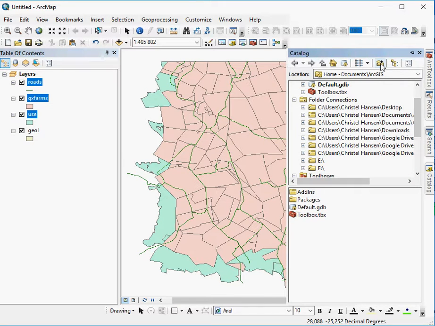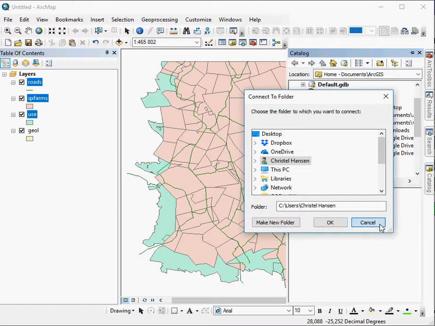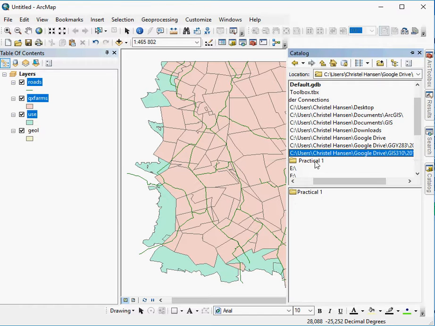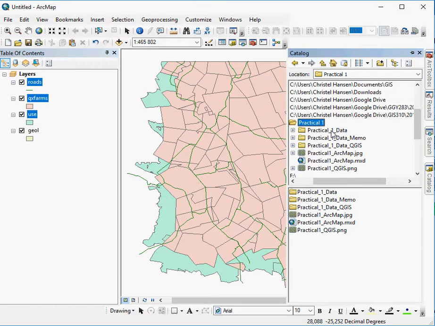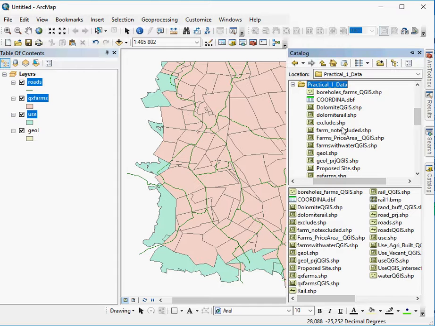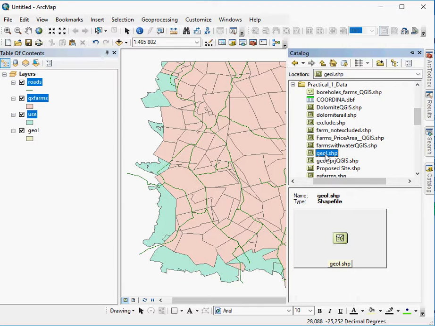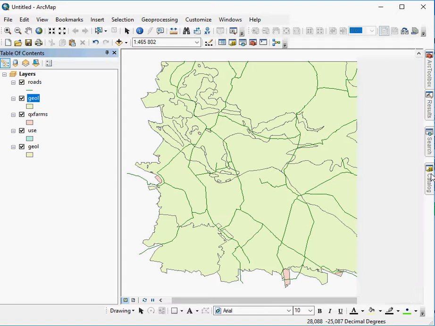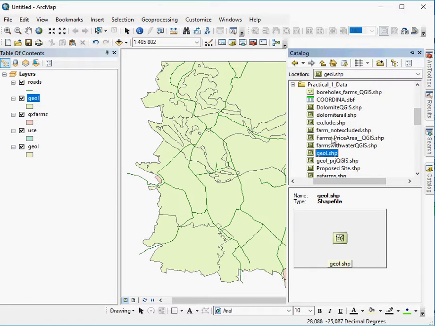You can also create a folder connection here, exactly the same way. We have already set up a folder connection in this, so I'm not going to do it again. But here it is, GIS 310 2019 Practicals. Perfect. That's the folder I want to be working in. I want to be working in the data folder. I can either click on it, hold, and drag over. That's the copy paste function. Or I can add individually,